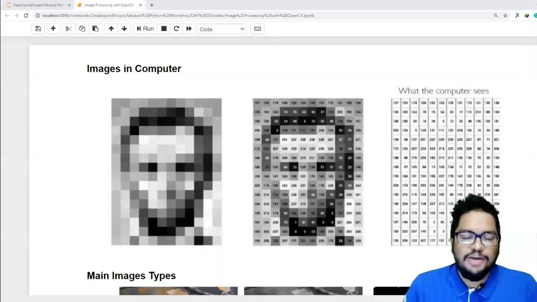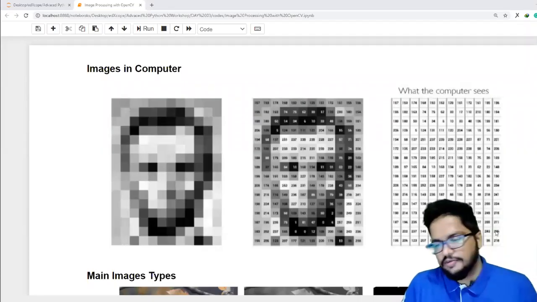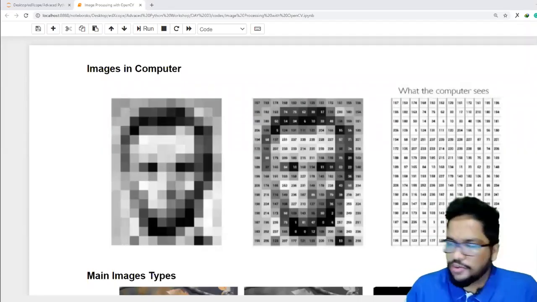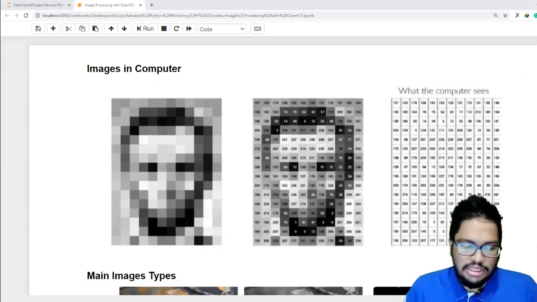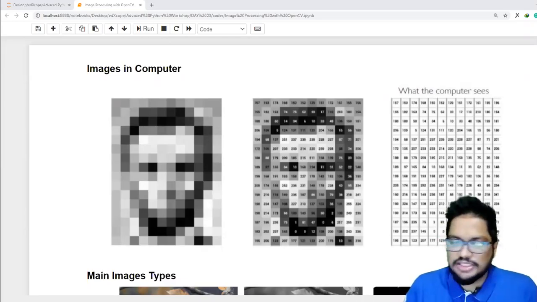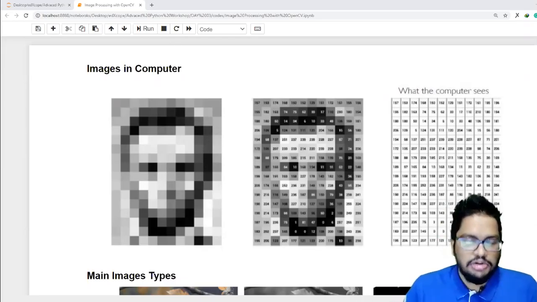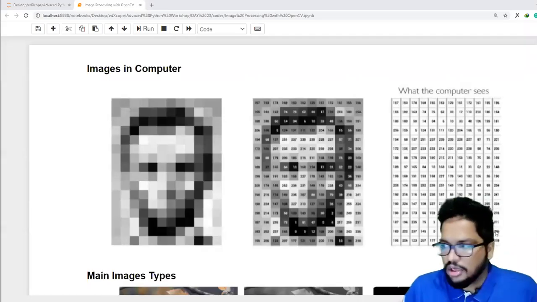Okay, so welcome you all to the fourth day of our workshop, and today we are going to go to the remaining part of the image processing section that we started yesterday. And also after finishing this, we will start the machine learning with Python topic, and then we will